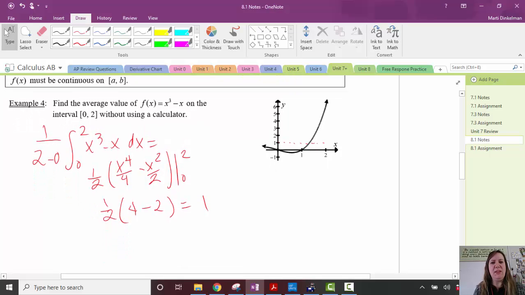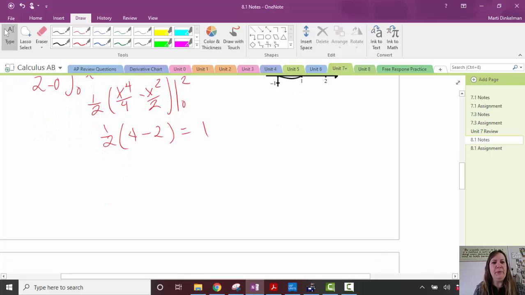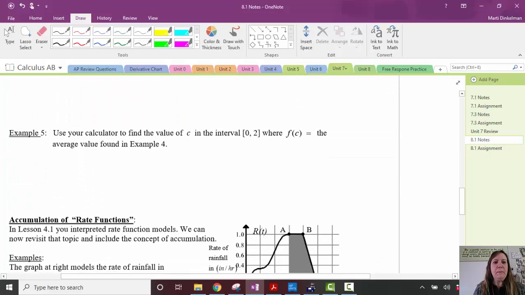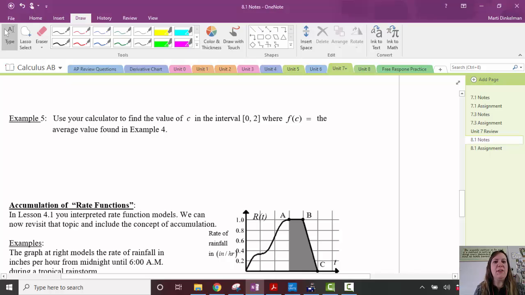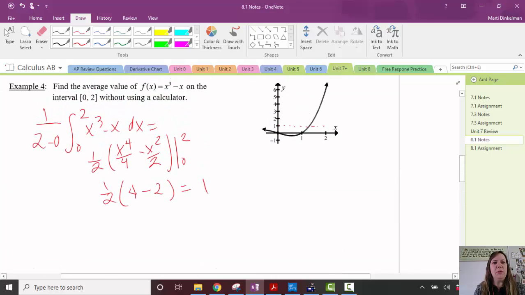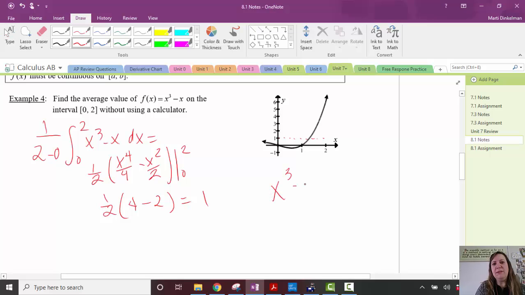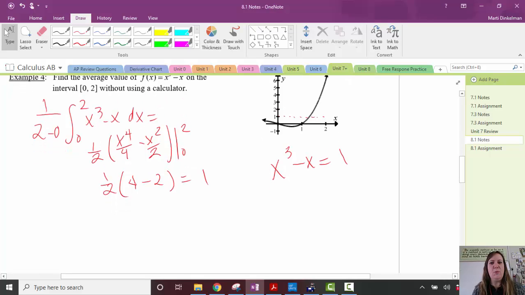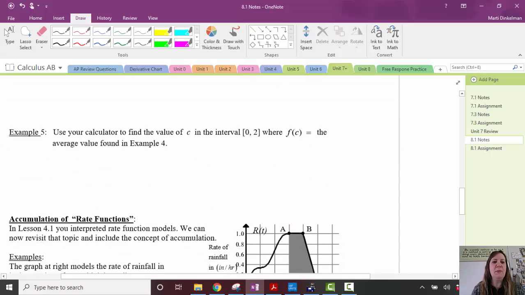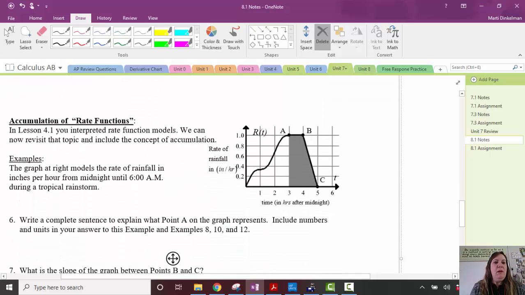It's a little interesting to think about that one that dips below the axis a little bit. Okay, and then it says use the calculator to find that value. So all we're really doing is trying to figure out how we get x cubed minus x to equal 1. The reason they're giving us a calculator is because it's kind of not a nice one to look at, but I'll let you solve that. Or we can, a couple ways to solve that. We could use the solve feature, or in y1, we could put x cubed minus x minus 1 and try to find the 0 of the function. So I'll let you kind of do that one. All right,